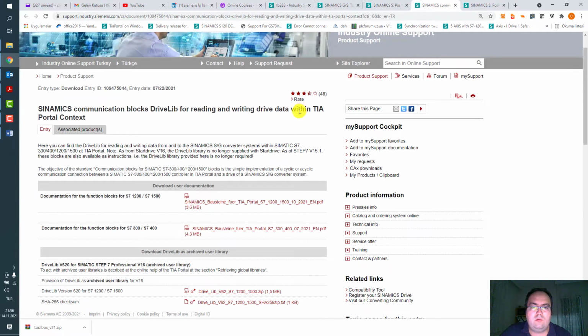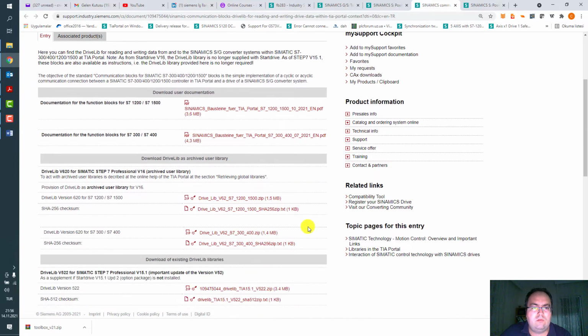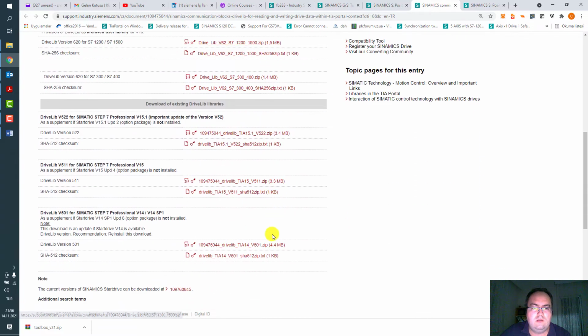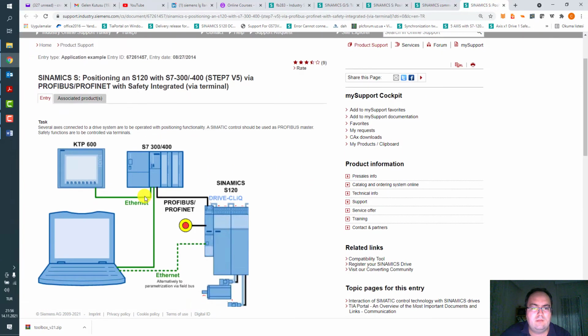And for TIA Portal, I think from version 14 it's integrated inside the library of TIA Portal, and before that there is a drive library for CMOS drives and PLCs, and you can download for Step 7 1200 and 1500. This is another example project, and the entry ID is this.